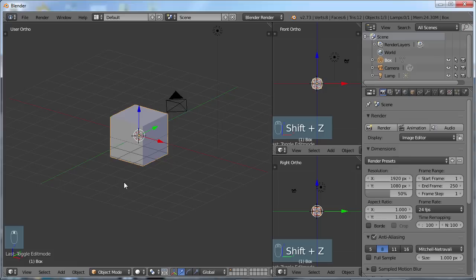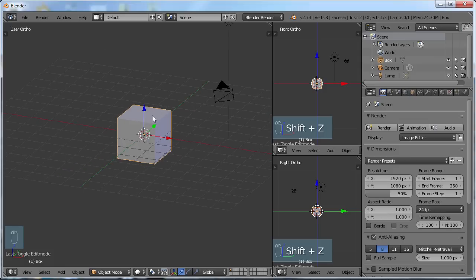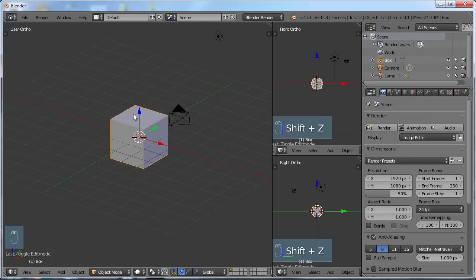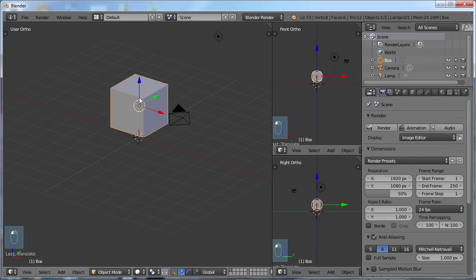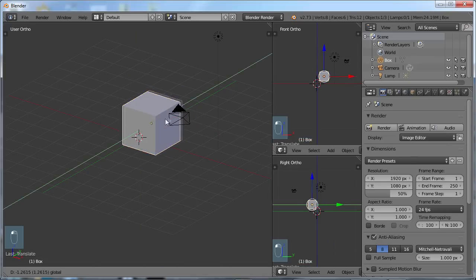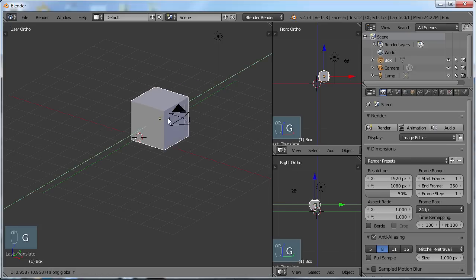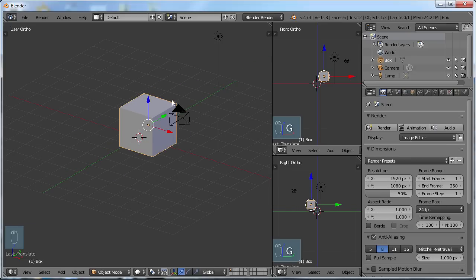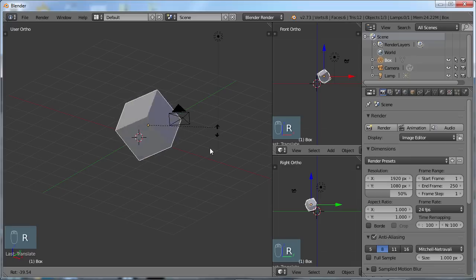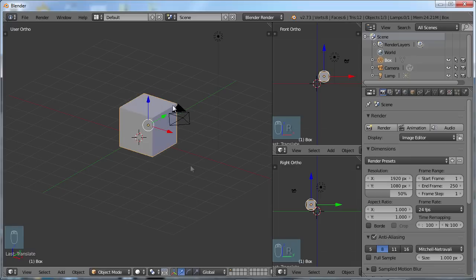Same thing. And just a word about the manipulator here. You'll see we have our Z axis, our Y and our X. We can grab the manipulator and we can move our object however we need to. We can also do things with shortcuts like G Y, which will move along the Y axis. The G is the move function in Blender. R is rotate. So I can freely rotate at whatever axis view I'm looking at right here,